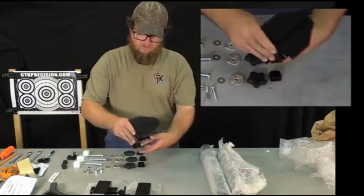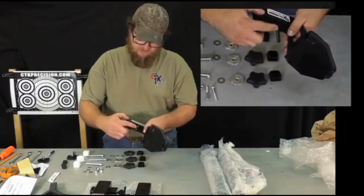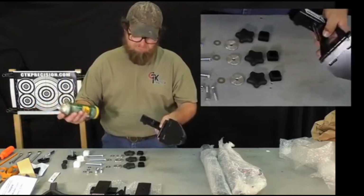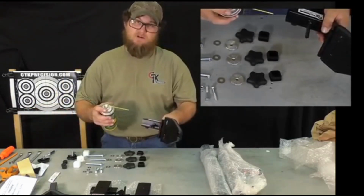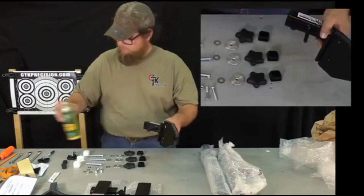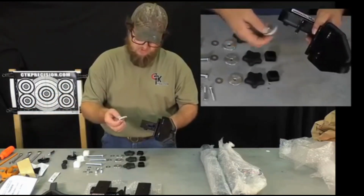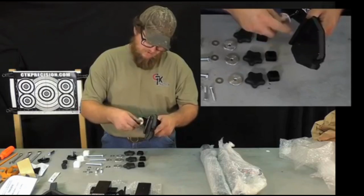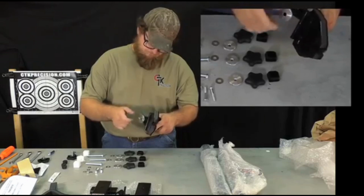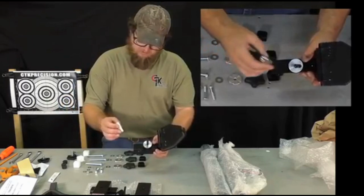So you want to start by taking the rest itself, and you can use a little bit of lubricant on the threads of this stud here, and a gun oil of your choice, whatever you got around, seems to work pretty good. Just a little. And then you start by taking one of these aluminum thumb wheels and threading that onto the stud. Then you take the coupling nut